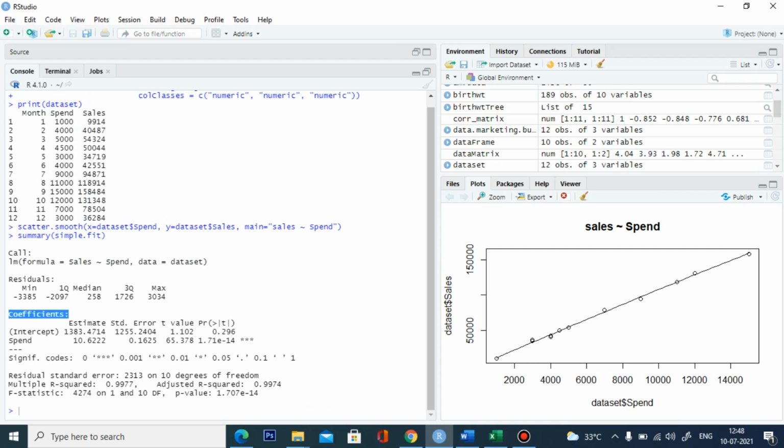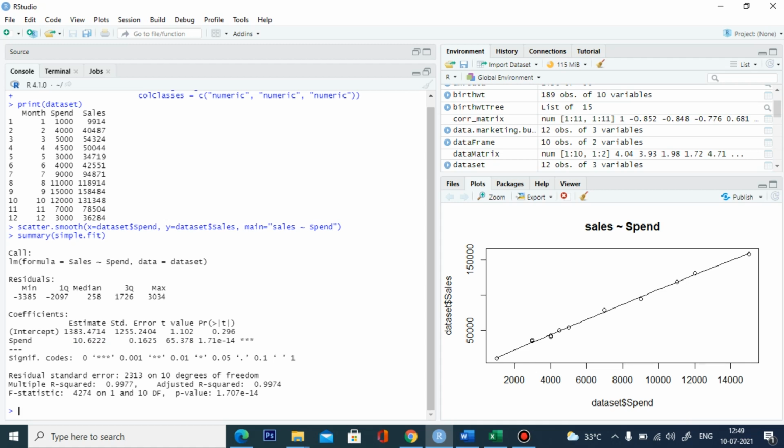Then these are the coefficients. The intercept value is your b0 value. In your formula we have y is equal to b0 plus b1x. Here your b0 value is 1383.4714 and your slope value is 10.622.